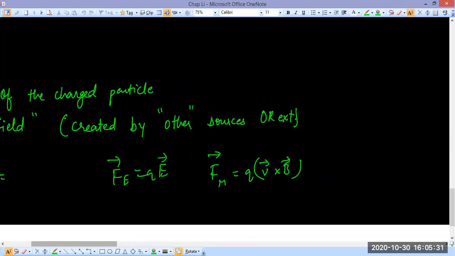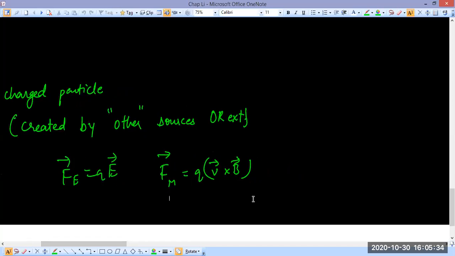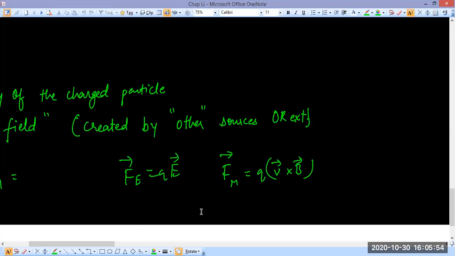But here you can see that the magnetic force due to a magnetic field is dependent on the charge Q. It's dependent on the magnetic field B vector, and also on V vector, that is the velocity of the charge, right? So that's quite different from what we have been studying in physics so far. Look at this. This does not depend on the speed or the velocity of the charge, but this one does, right? So that is something fairly interesting, and this very fact